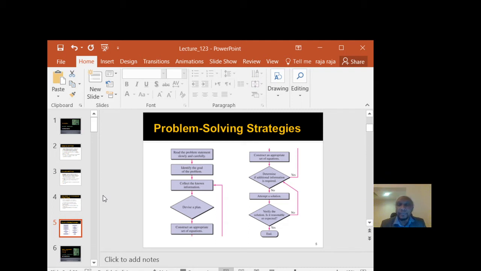Then what are the data given? For example, I ask you to find the force F. So you should know the formula from Newton's law, F = m multiply a. Now mass you want and acceleration you want. If some problem directly gives m and a, fine. If some problem gives only m and not acceleration, but gives the velocity, then you have to first find the acceleration. Then you substitute in the formula F = ma, and find the force. So this way you study the problem, collect the given data, and identify the whole aim of the problem.